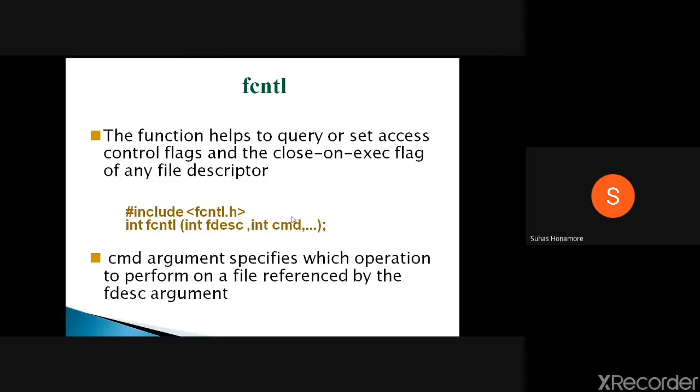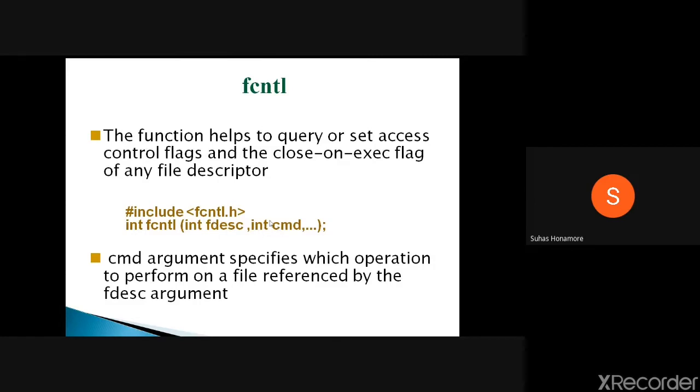For this one we have a prototype, that is the fcntl function name. This is the API which returns an integer and takes the file descriptor, and some commands. What task you want to do, you can send it here. Predefined commands are there that we will see. Along with that, we can send some attributes. Here the dot dot dot is where we can send any argument you require along with this command. And for whichever file you want to modify, we send that file's file descriptor.